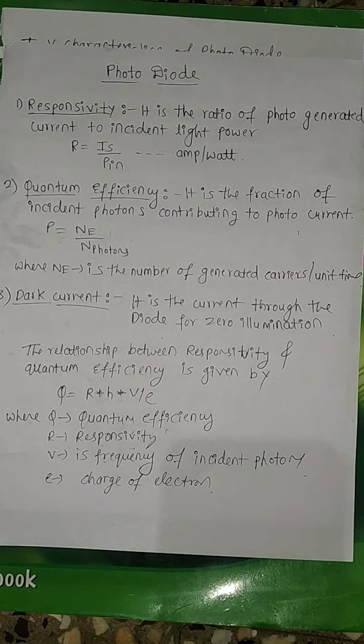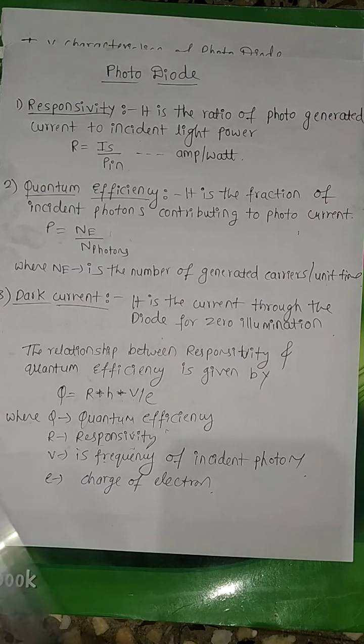For the operation, you should tell that the photodiode works under reverse biased mode, and it works on the principle of photo generation. When it is connected in reverse biased mode, the depletion region forms there. In the depletion region, when photons enter with the light energy, that energy makes the atoms give more free electrons. When free electrons are generated, they start to move in the circuit. This is called photo current, a photo generated current. So this is the operation.